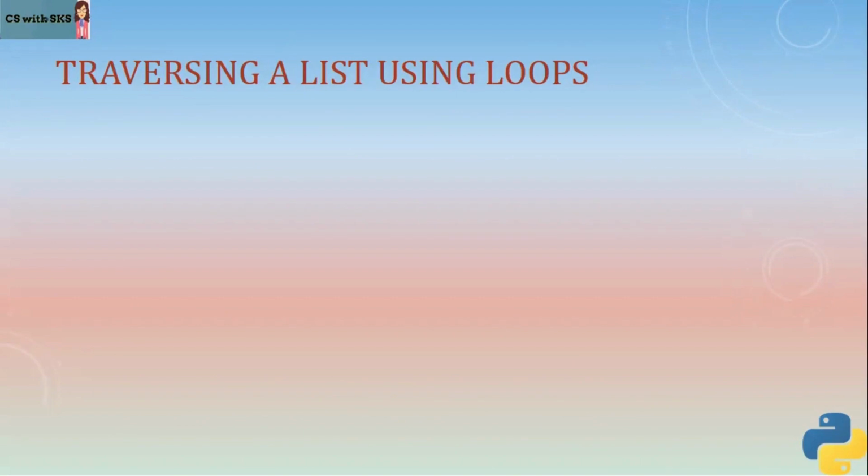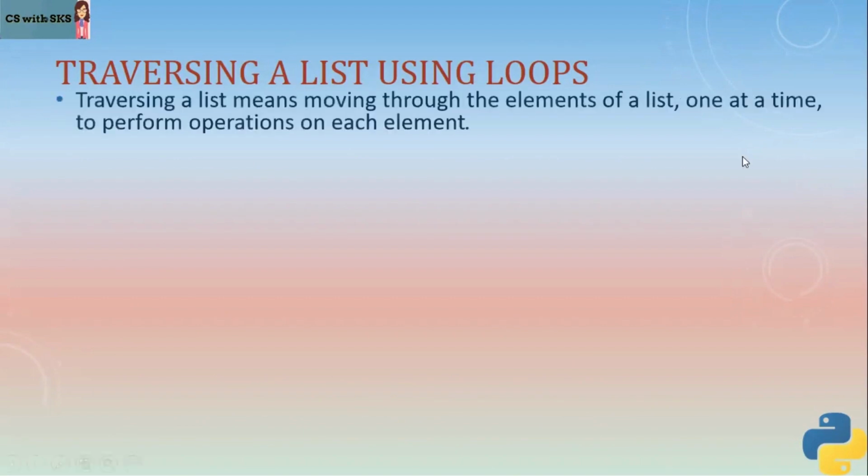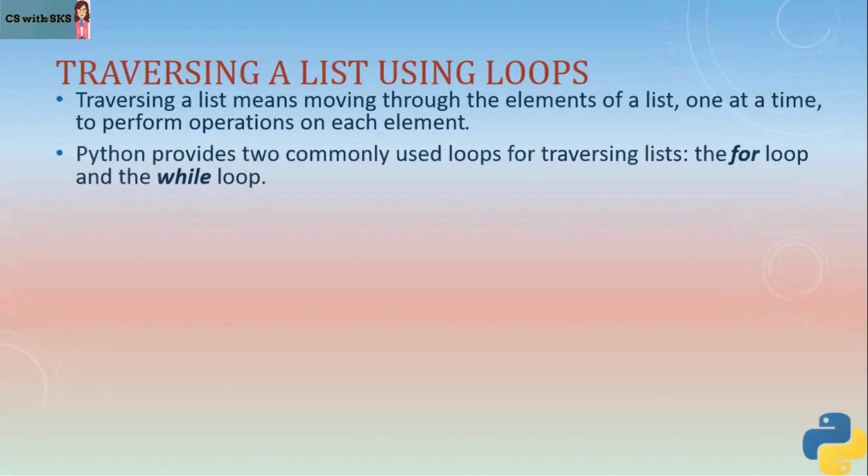Next, let's see how we can traverse a list using loop. So traversing a list means moving through the elements of a list one at a time to perform operations on each element, right? So visiting each and every element. Now, Python provides two commonly used loops, as you all know. We have learned about loops already. So if you want to revisit your concepts about loops, you can see my day 7 video where I have explained iterative flow control or